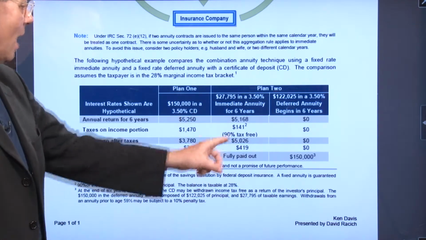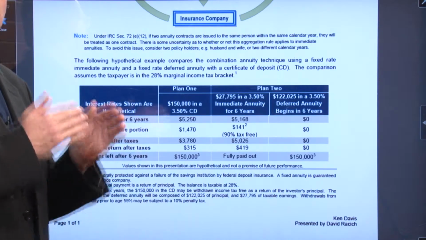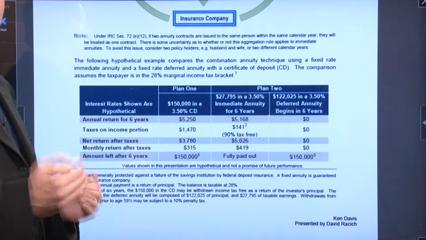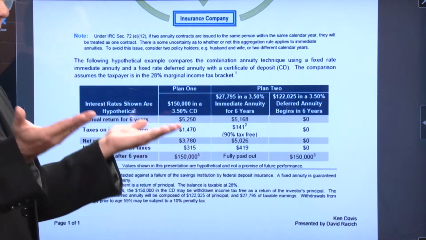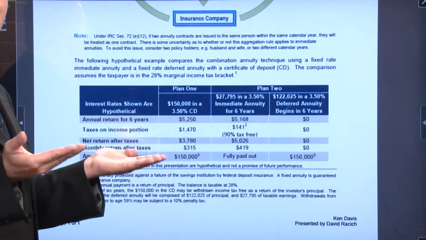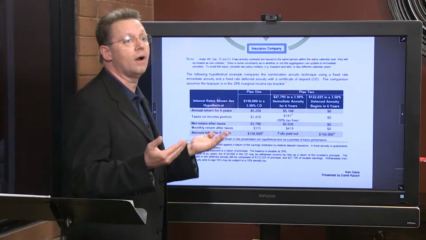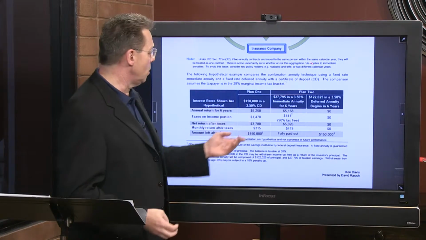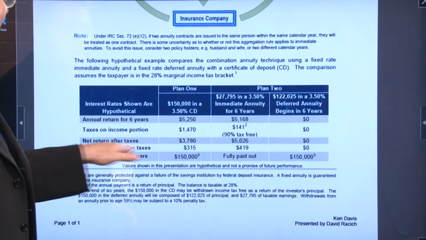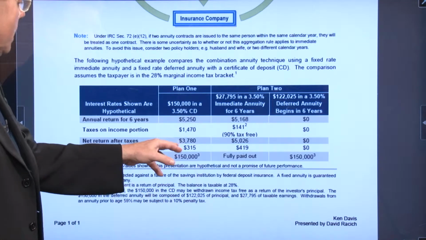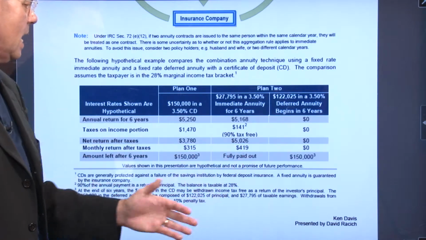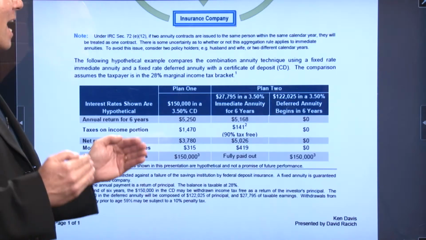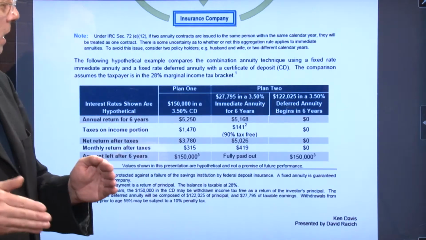Once I pay that out, I have a net number of $5,026 against the bank's $3,780. This is why I'm measuring the actual after-tax, because that's where tax-deferred annuities come in. And that's why they love the front-end preamble to any annuity, tax-deferred. So now I'm looking at this and I'm saying, wow, my monthly after-taxes, if you're doing it by the month, is $315 for the bank, but it's $419. It makes a difference. Just that one little tactic, using the SPIA, single premium immediate annuity, and comparing it to the bank for income.